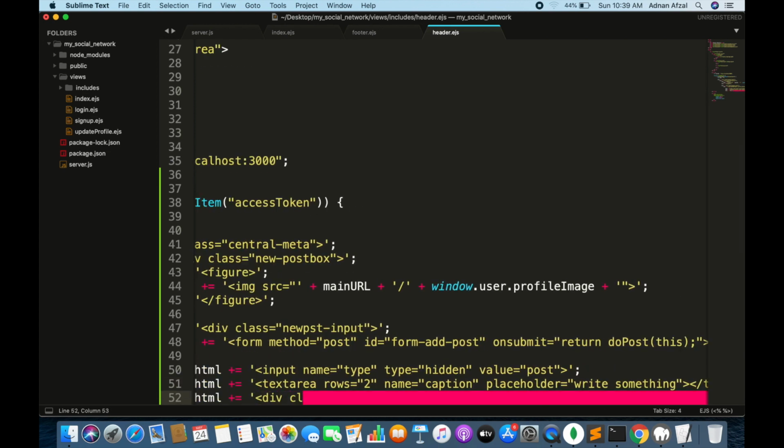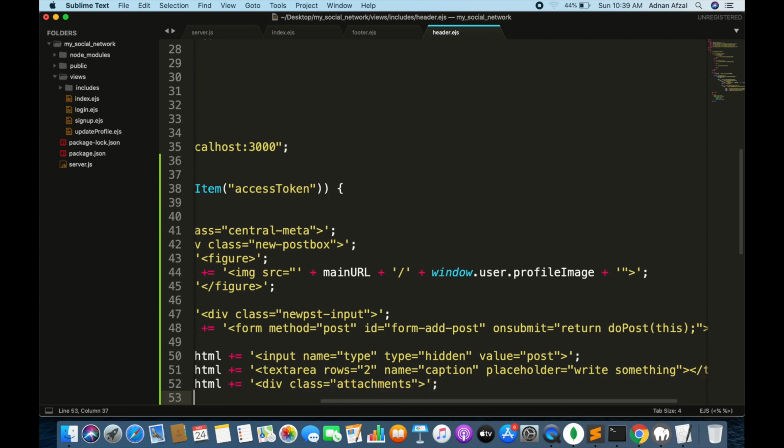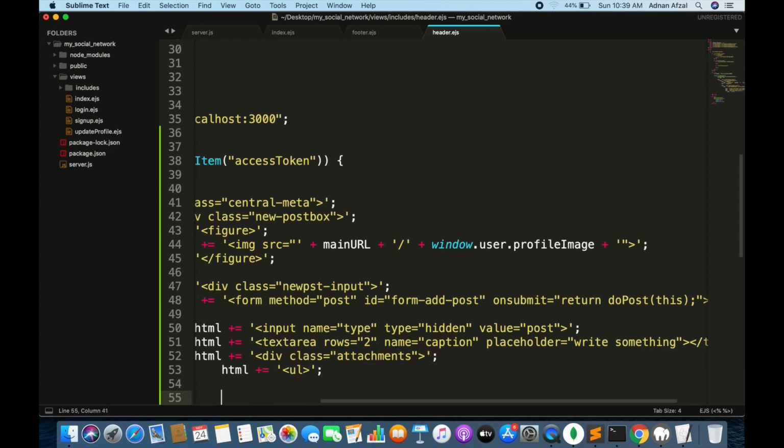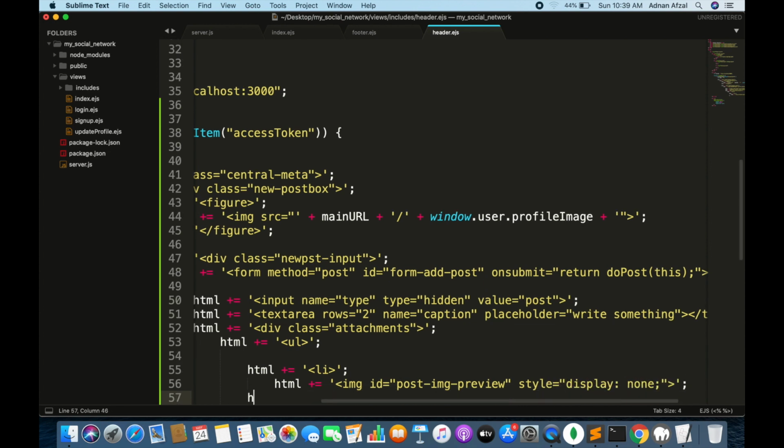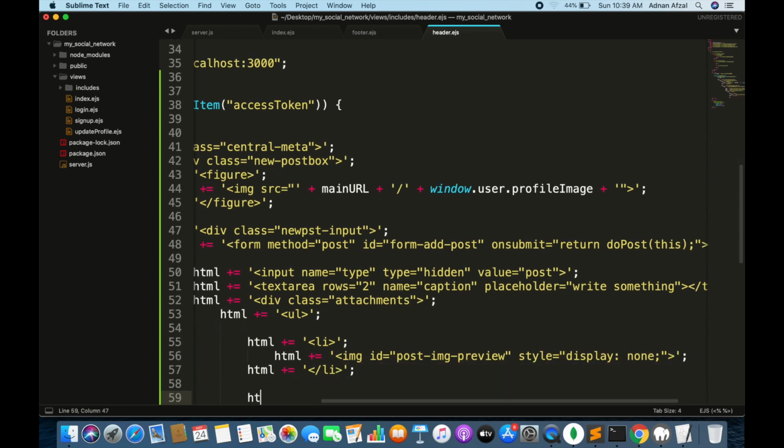User can also select an image and video in their post. So we are creating a hidden image tag which will be displayed only if the user selects an image. Same goes for video.